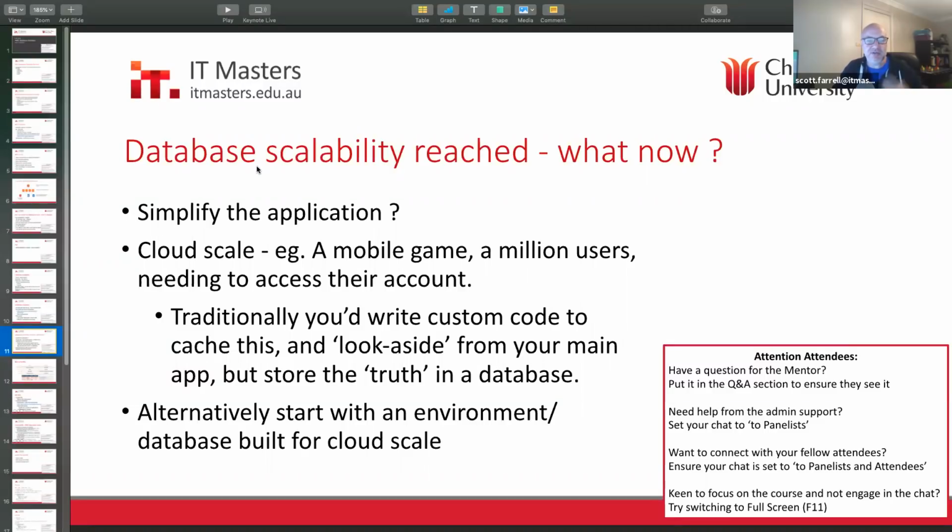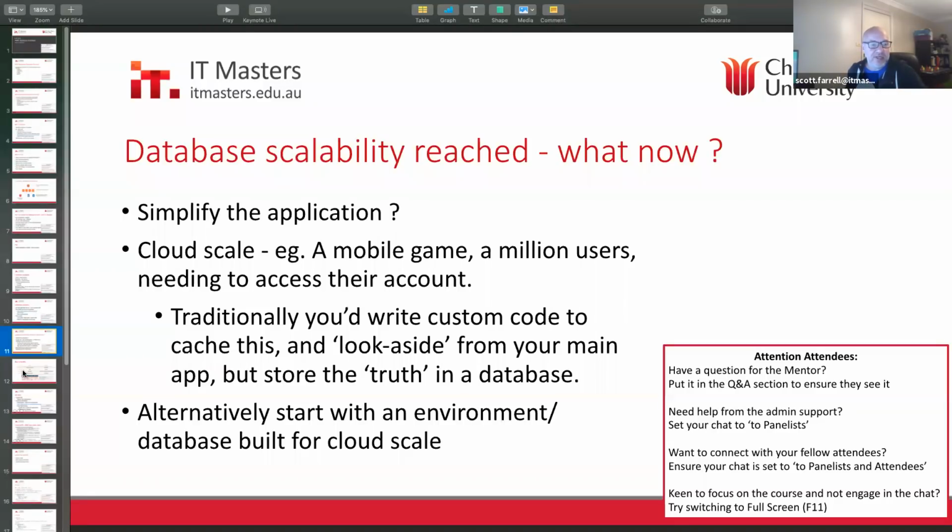So traditionally, you'd write some extra code to try to cache it, to try to tweak around the SQL problem. Or alternatively, you start with a better environment and a better solution built for cloud scale. So instead of having this problem to start with, if you'd thought ahead and started with a database that's going to match your cloud scale better, you would have been in a better case to start with.